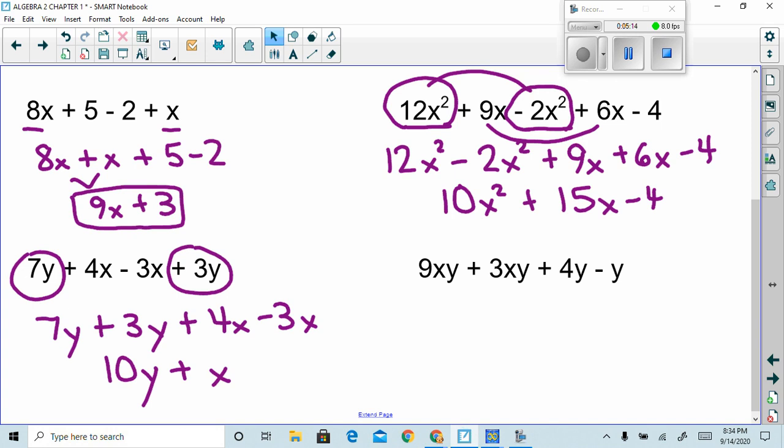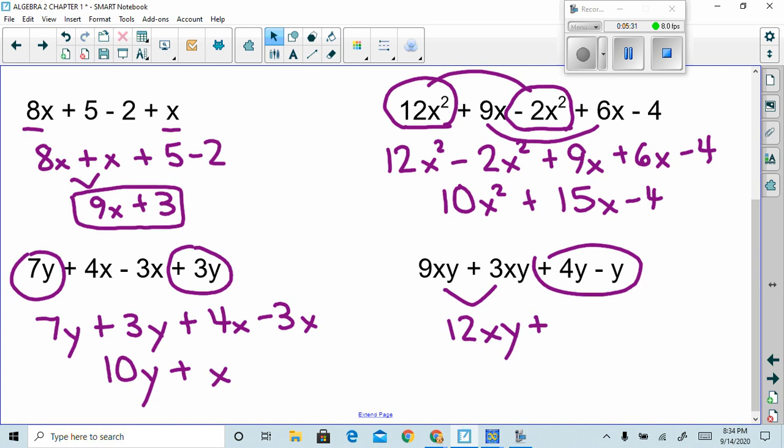This next one has a combination of variables, but again, these two are like terms, so I can take those and add the coefficients. These are also like terms, so I can go ahead and subtract 1y from 4y, and that will give me 3y. Now, in our Zoom class, we'll do a few additional problems, but this was just a highlight